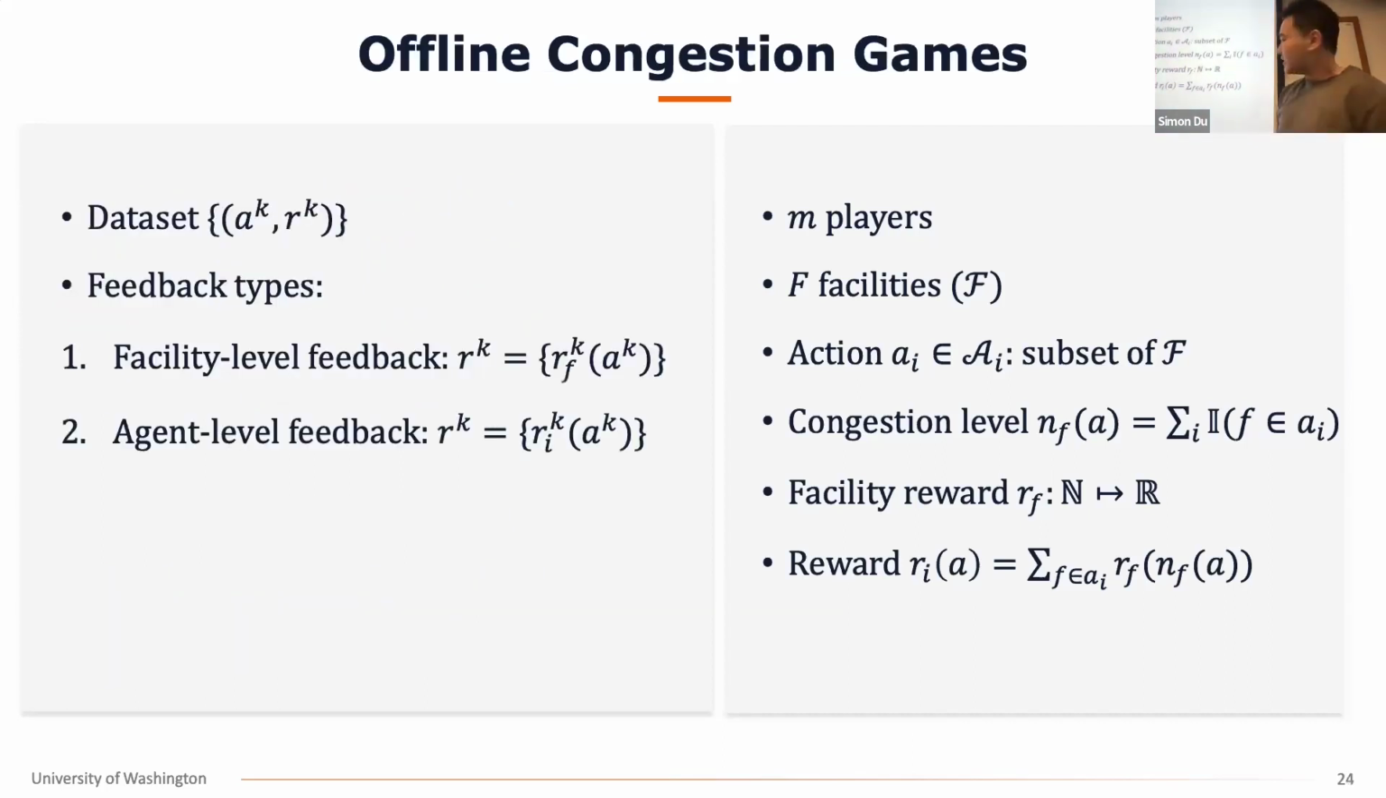All right, so in this setting, there are some interesting structural properties. So you have 2 kinds of feedback. One is called facility level feedback. So you can observe the delay basically from each road, and the other is called